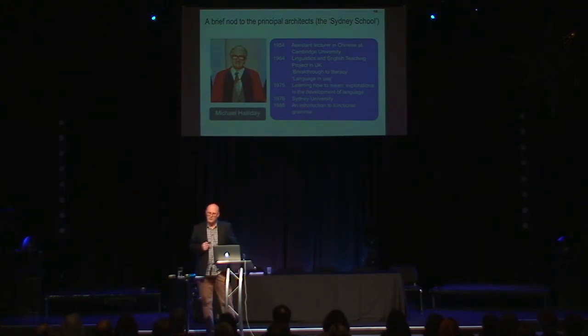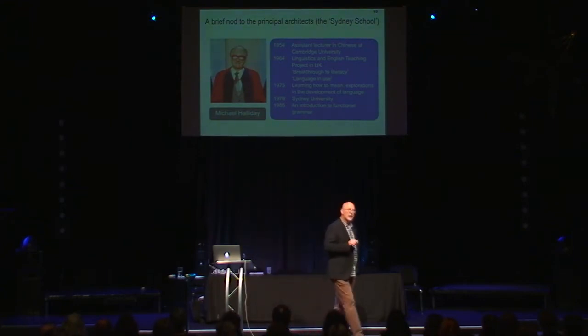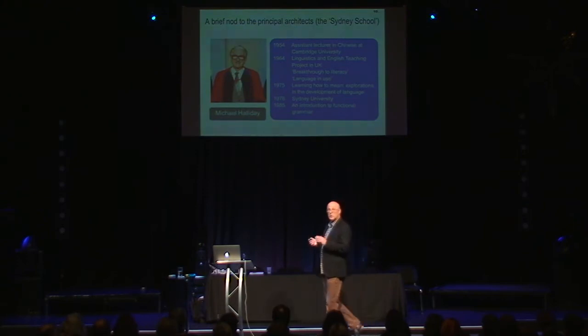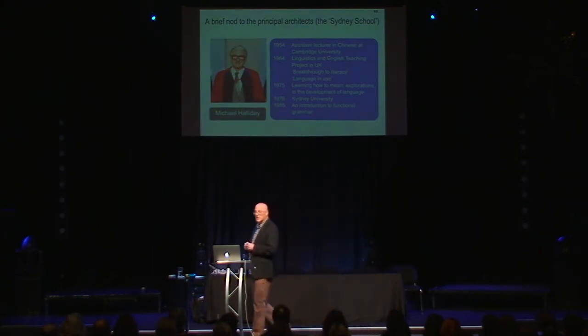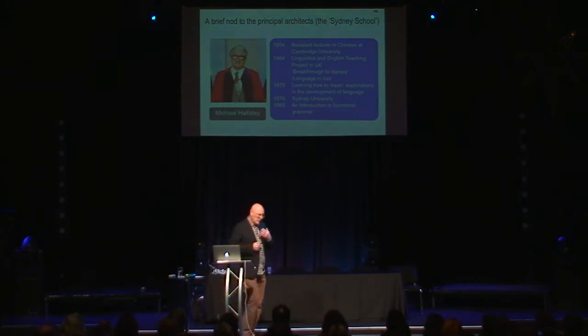In 1975, he wrote Learning How to Mean, explorations in the development of language and child language in particular. And he tells an interesting story about Learning How to Mean. He said when he wanted to call it that, the editor said, "You can't say that. No one says that in English. It's a really strange thing to say." And he said, "That's what I want to say, and I'm going to say it," right? And every time it's translated into another language, the editor says the same thing to him. You can't say that. So we'll take up this notion of learning how to mean,